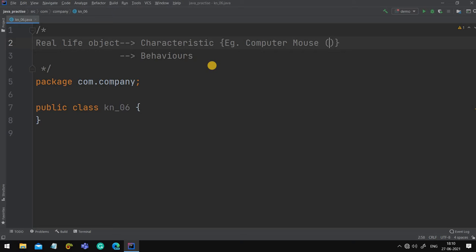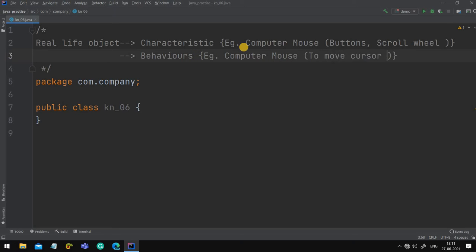What are its characteristics? Basically it has buttons and a scroll wheel. That is its characteristic. Now what are its behaviors? Its behavior is how it is helpful to us to move the cursor on the screen. That is its behavior.